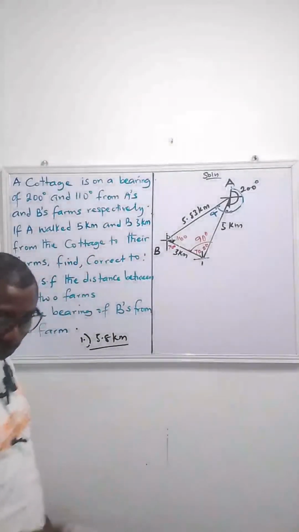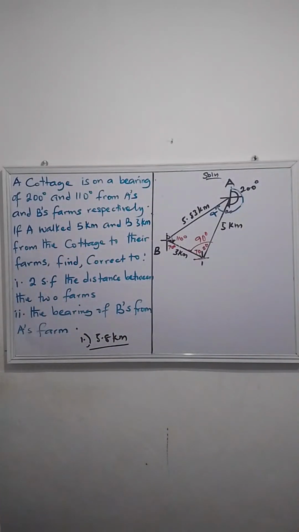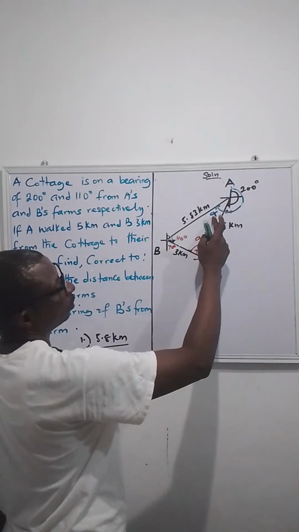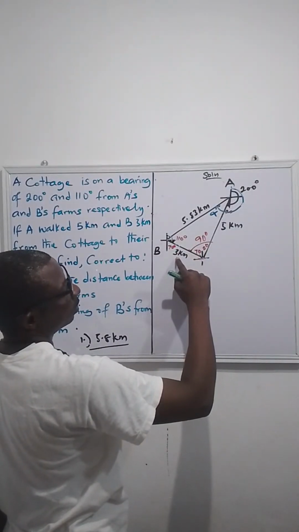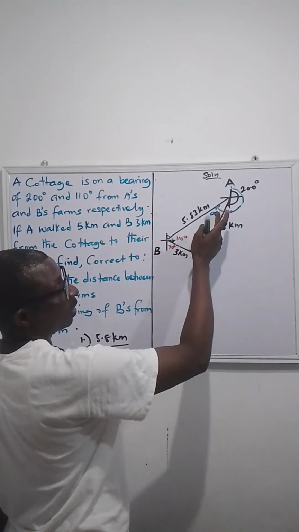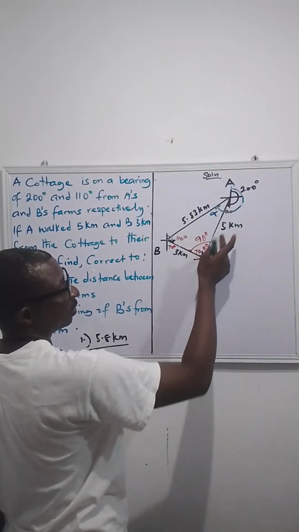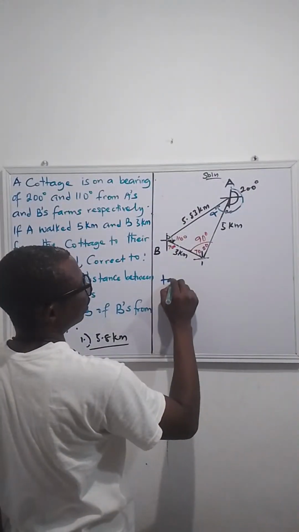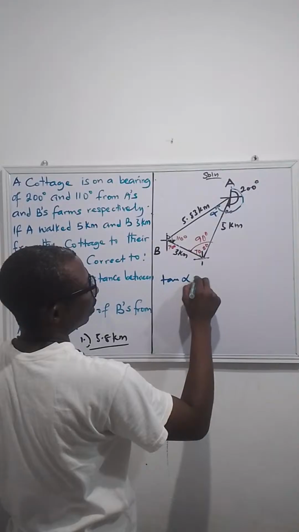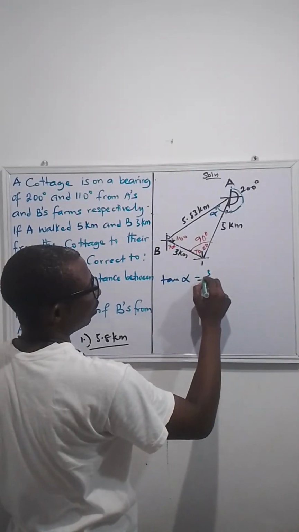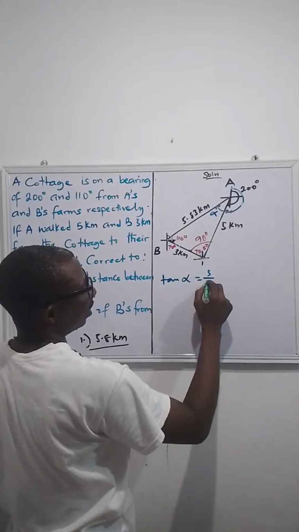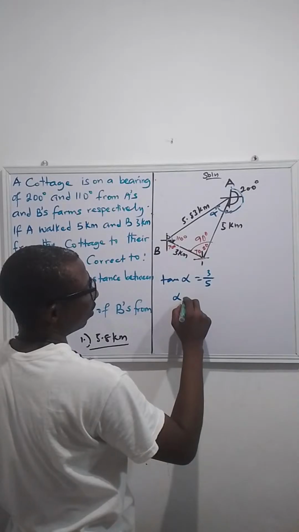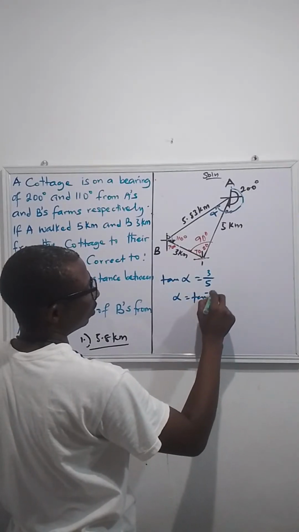All right, so we can make use of trigonometrical ratio. Now, we want to get these opposites, these adjacents, because this is my reference angle. I want to get this. So this is going to be my adjacent, and this will be my opposite. So I'm going to be using tan. So I have tan alpha equals opposite, that's 3, over adjacent, that's 5. Okay, so that's going to be alpha equals arctan of